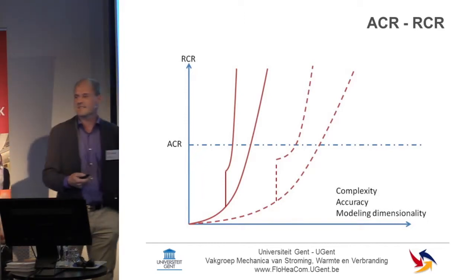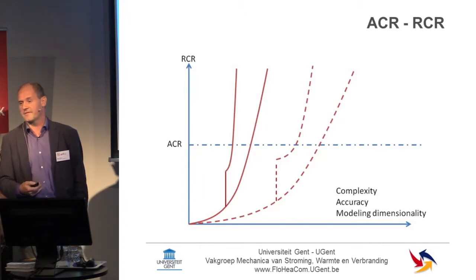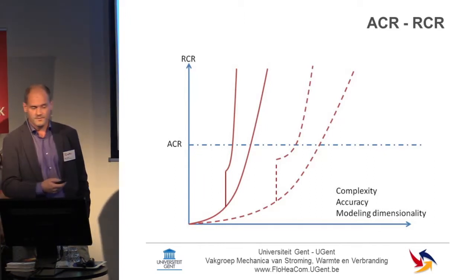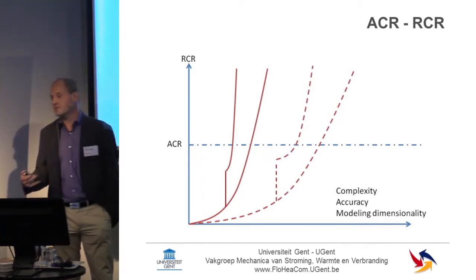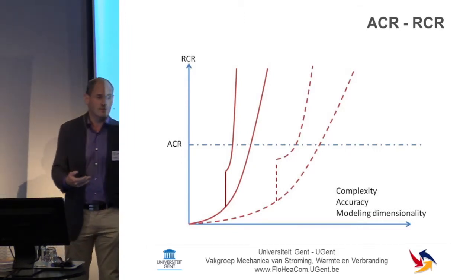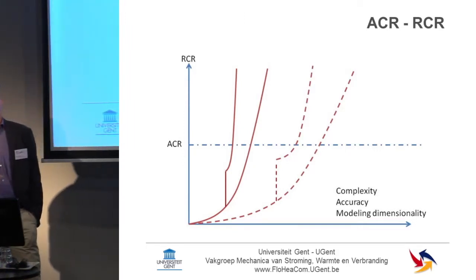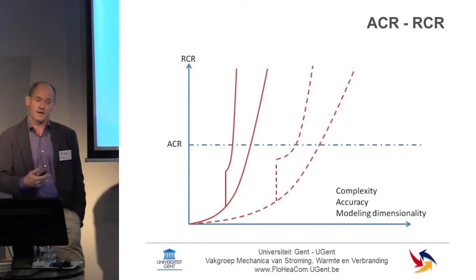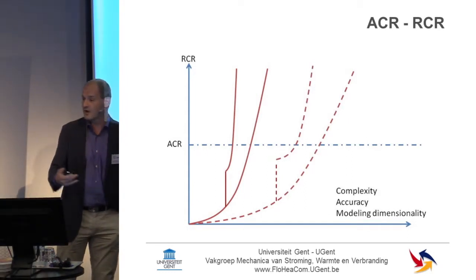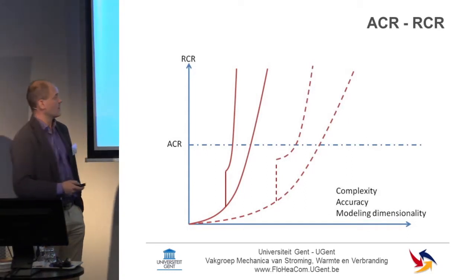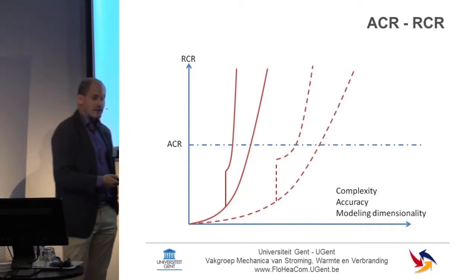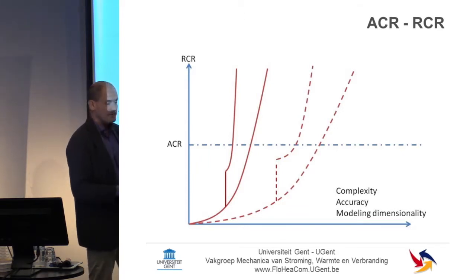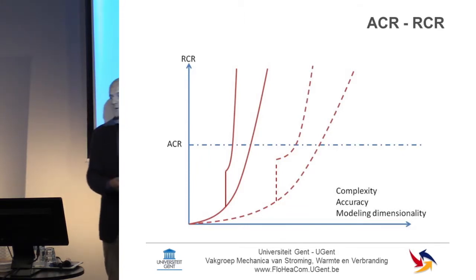Now, accuracy. Accuracy mainly concerns the fineness of the computation mesh. So a number of volumes are determined, and the more volumes you consider in a certain geometry, the more accurate the results will be, and the longer computation will take, and the more computer power that you will need. Complexity of the model. An example, for instance, radiation.